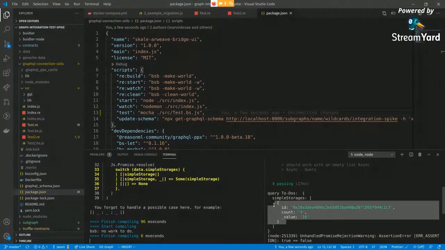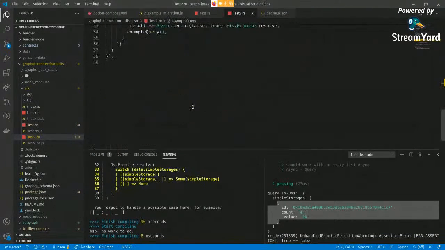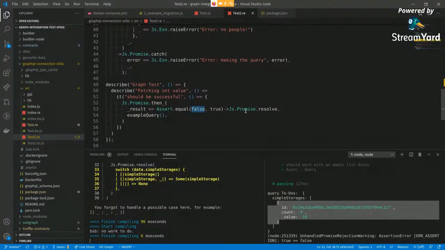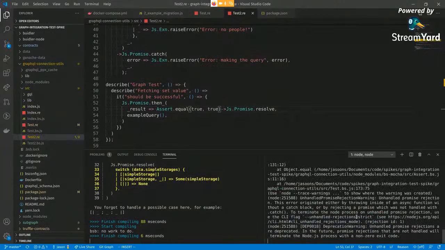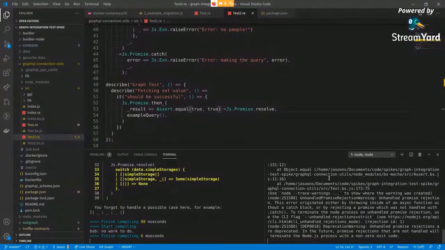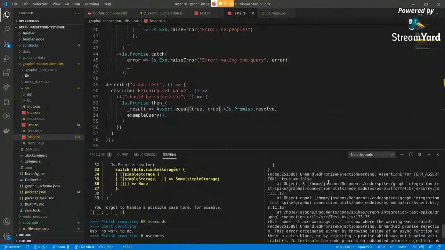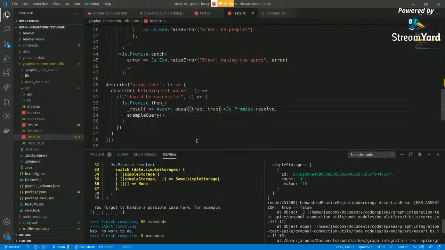We're showing these simple storages. Now we just need to say, okay, let's make it turn true. It shouldn't give all of this error. What is this error? Let's read this. Promise rejections. Okay, I obviously am not catching the promise and it's unhappy. I'm not going to try solve that on the stream, but what I will do